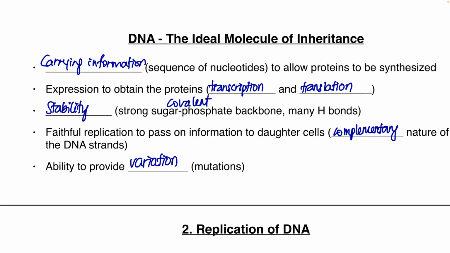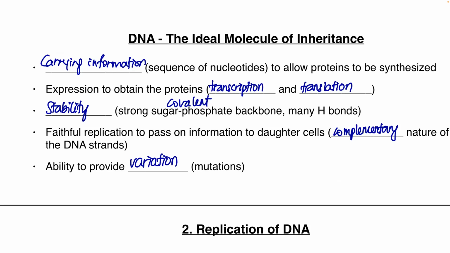Okay, so we'll see why DNA is an ideal molecule of inheritance. At least in the case of eukaryotes, all eukaryotes use DNA. For prokaryotes like bacteria, they mostly use DNA as well, actually. But like viruses, they may use RNA as a hereditary material. So we'll see how DNA is ideal for this case. So first,